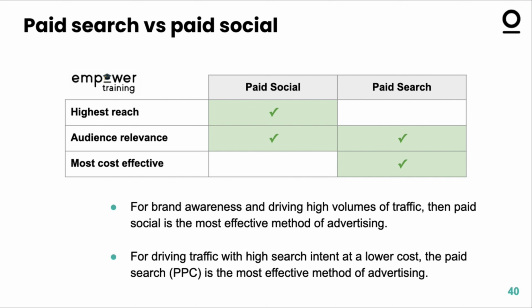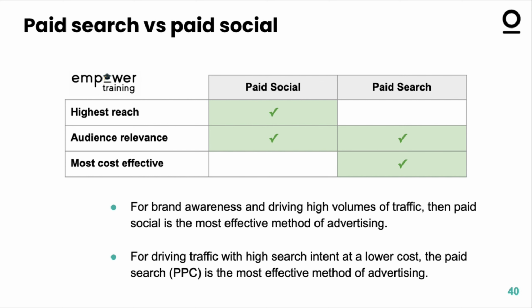Paid social and paid search are both relevant for the audience because of the way that they target. With paid social, you're targeting by interests often, and if you match the interest with your audience, then the content is much more likely to be relevant to the audience. Paid search is reliant on people typing words into a search engine for your ads to show, and the relevance of the audience there is what we call search intent. So if they're intending to search for something and your advert comes up, then it's going to be much more relevant to what they're looking for.